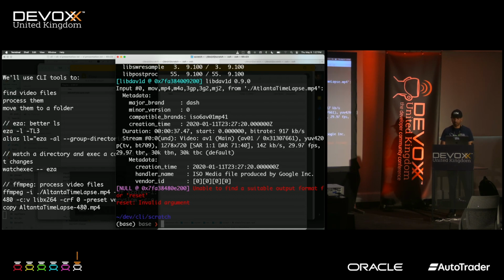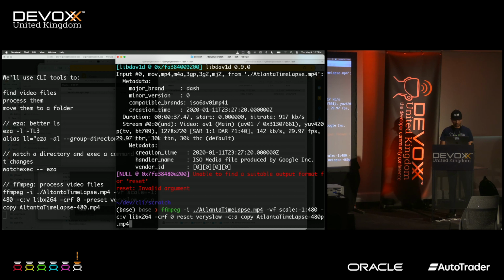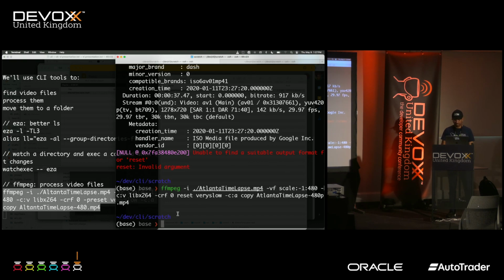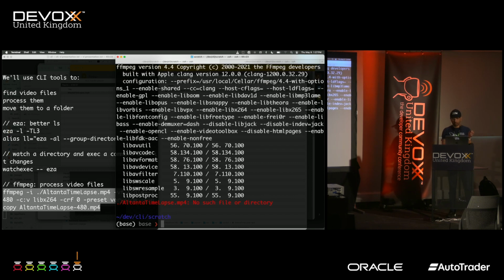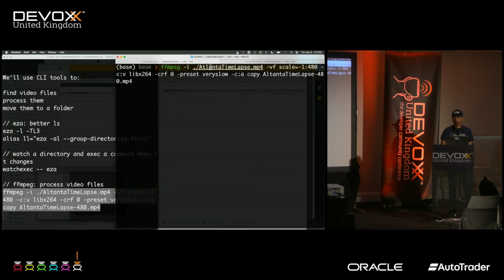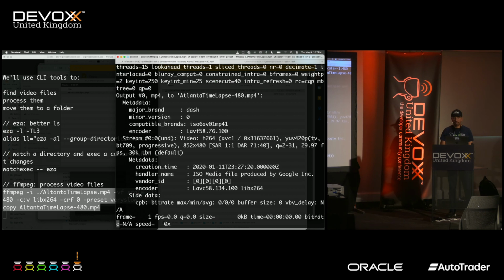Okay, hopefully that's right. And of course, I'm not even going to try to do this. This is a very complicated command. Okay, so no such time. Okay, I misspelled Atlanta when I originally did this. Now it should work. Okay, we jump to here, fix my little misspelling and typo,